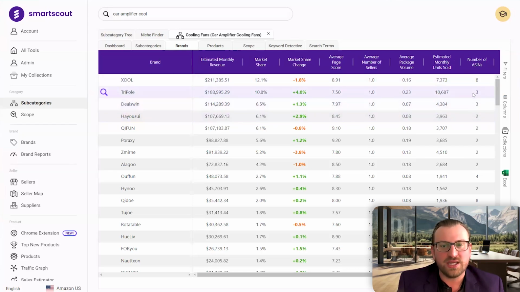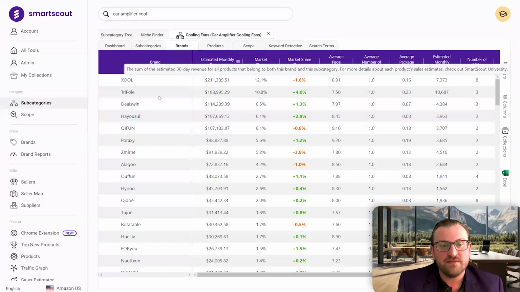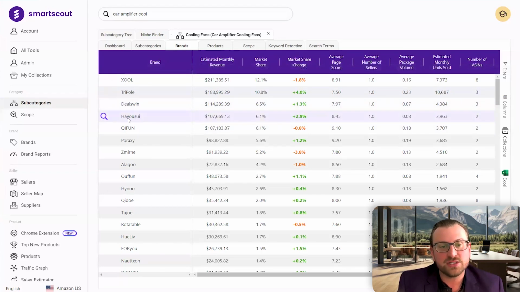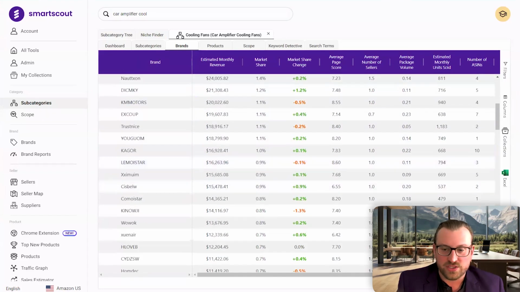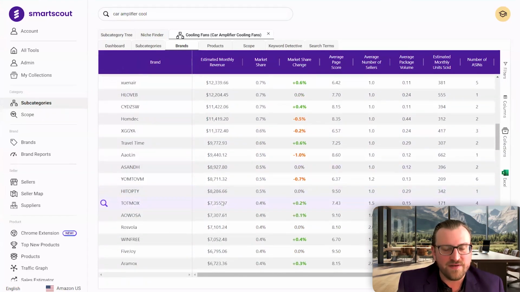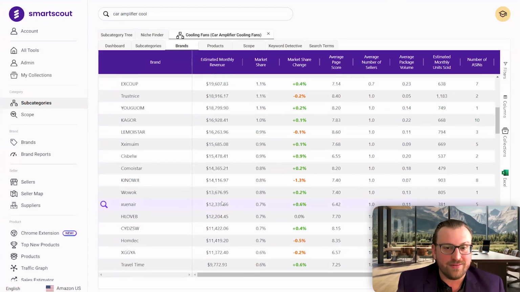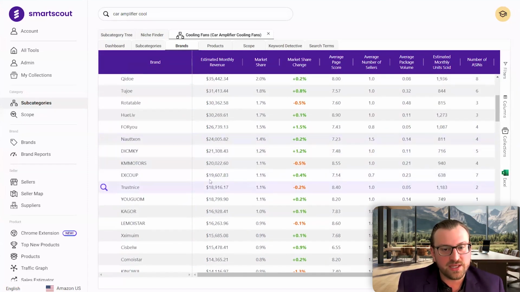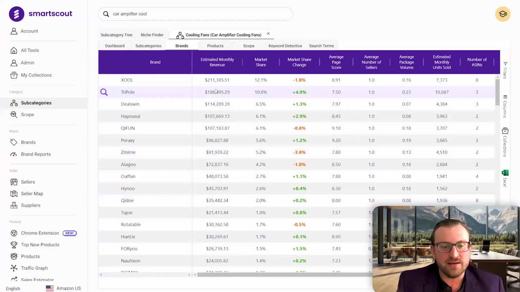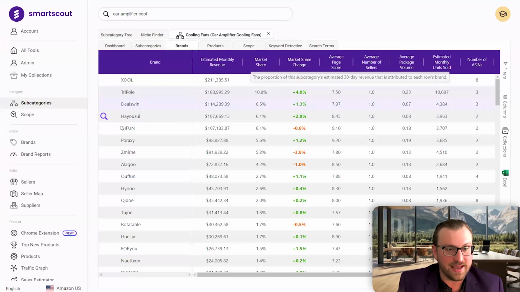This is all really strategic information. If I were to grow in this subcategory, to me, I just need to add more products. And then let's see about entering this market. Okay, so we have 117 brands. What if I enter this market, I would hope I can get at least 1% market share. What would that look like? All right, that looks like it'd be about $20,000 a month. So again, just key strategic information about analyzing whether I want to try to enter a market like this on Amazon.